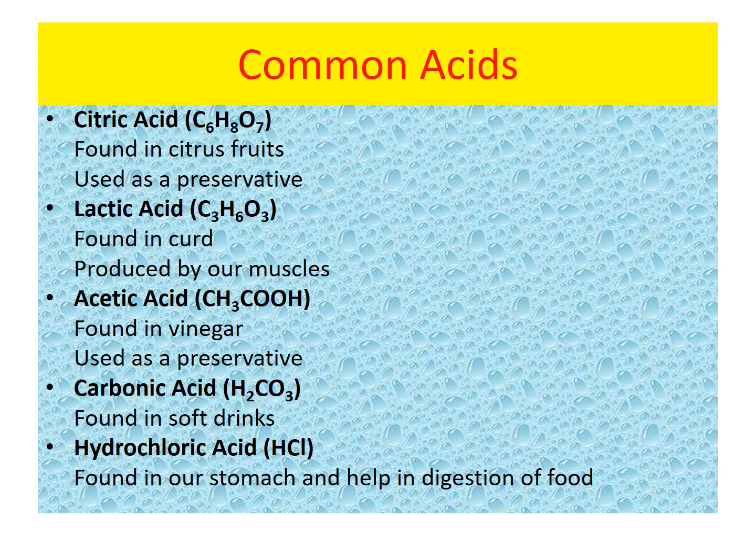Another important acid which we are using in our daily life is acetic acid, sirka, found in vinegar. This is also used as a preservative. In the sauce, in the pickles, we use this sirka or acetic acid. Another one is carbonic acid, which is found in soft drinks, and hydrochloric acid. Although it is synthesized, it is also found in our stomach and helps in the digestion of food. So this hydrochloric acid is important and helps in the digestion of food in the stomach.